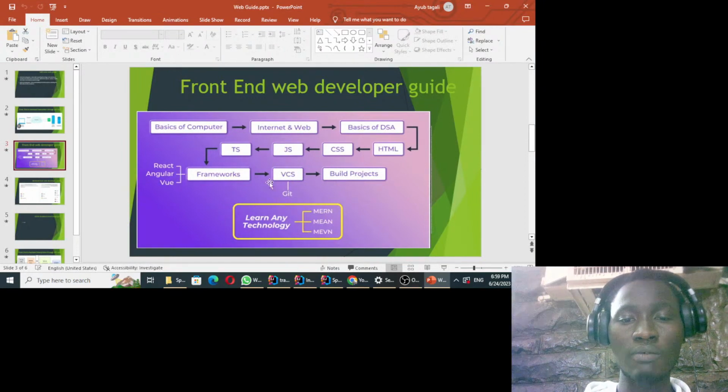You also need to have this skill so that you will be able to manage your code, and even if you are working on a project as a team, you can coordinate and manage your project in a team. If someone makes a change to the code, you are able to see the changes, pull them, and merge them together. All right. So this is the roadmap in short, which you need to understand if you are interested in becoming a front-end web dev.